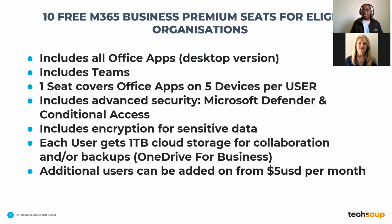We would be paying so much money, but we are getting this at no cost. And there are other subscriptions, like Business Premium and Business Standard, which is about $3. You have to pay per user per month. So again, you can mix and match. If, after going through the 10, you prefer or need additional subscriptions, you can still get